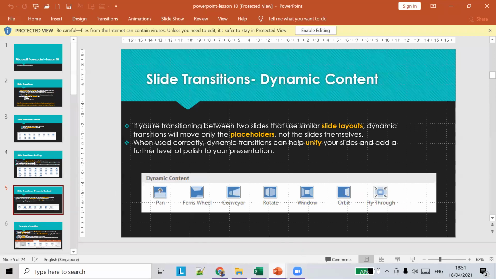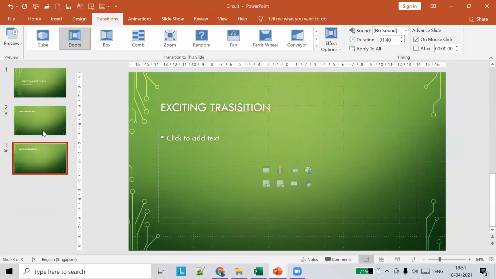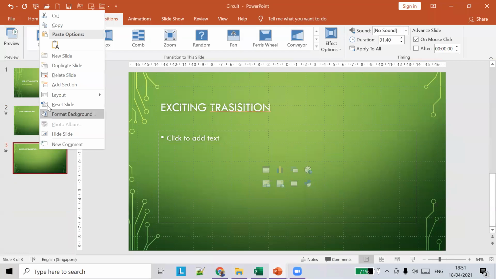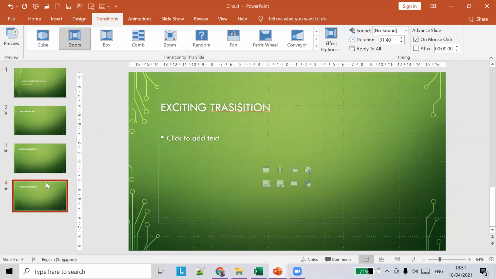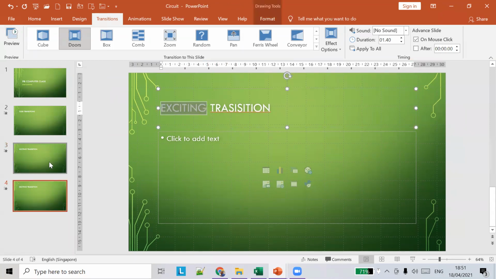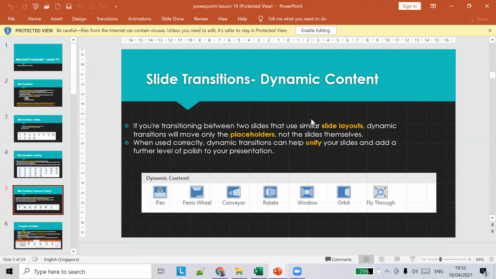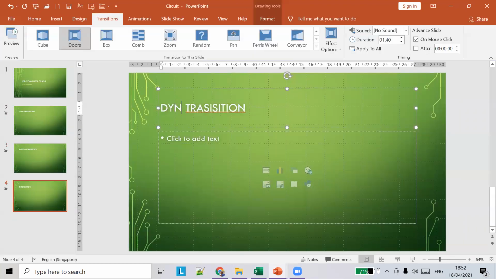So what I'm going to do is choose the same slide layout. If you see this slide, you will have the same layouts like this one. What I did is duplicate this slide so that we have the same slide layout, and I'm going to apply dynamic content.